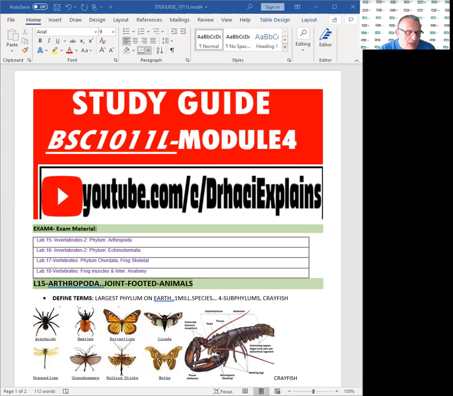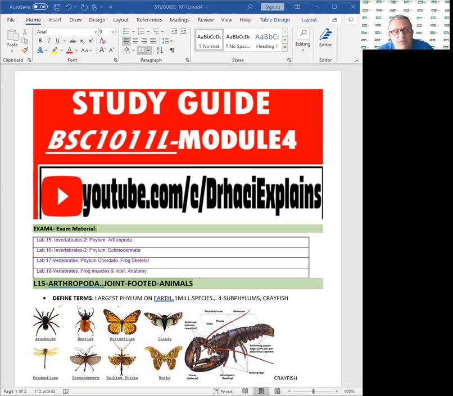In order to study this, again, your PowerPoints are your number one source to review all the animals we cover in labs 15 to 18. They cover major anatomy parts and their comparisons, so how their anatomy differs, and also their taxonomy and naming, especially phylum and species names, and then identifying different species. So let's start with